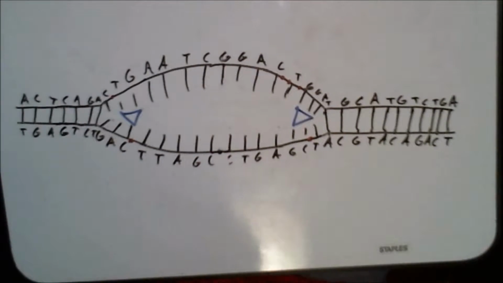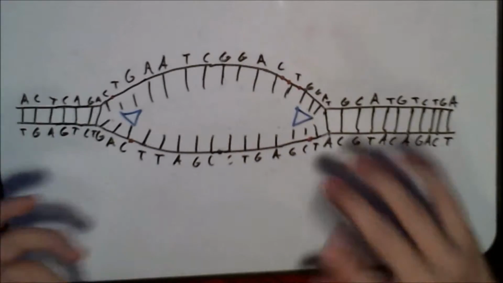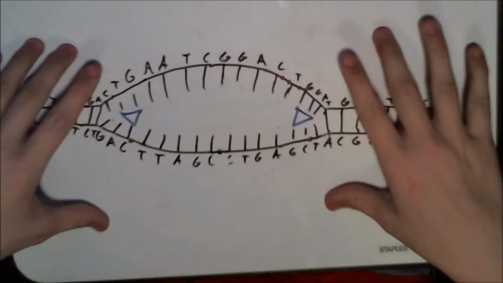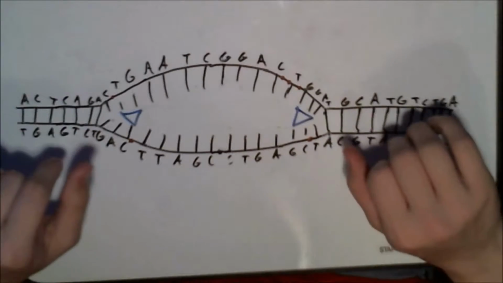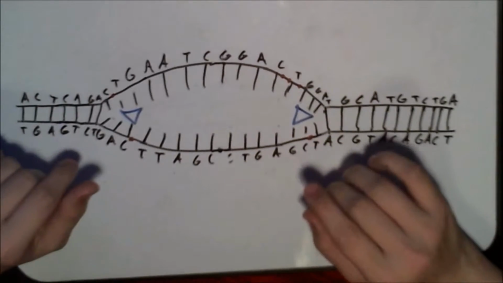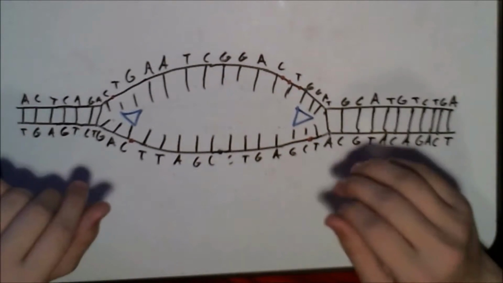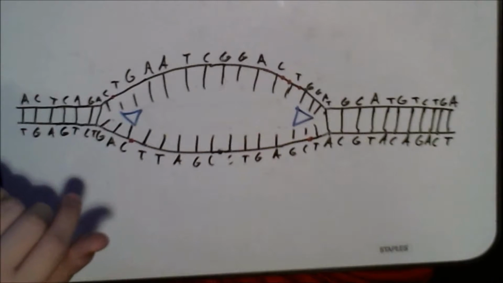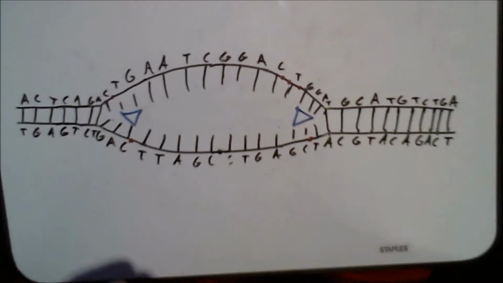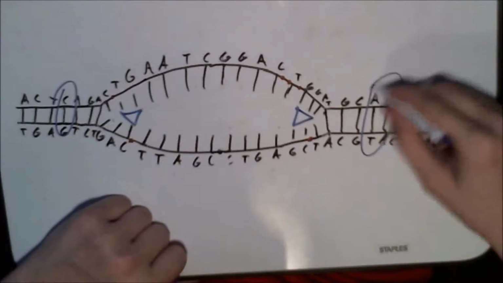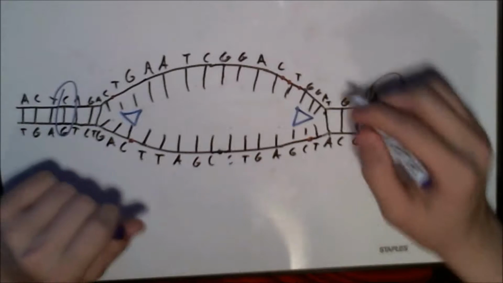And one more challenge we have to overcome is that our DNA is twisted. It's a double helix. And we need it to not be a double helix, because as these go through and break all these hydrogen bonds, that DNA is actually going to twist and knot. It's going to be even harder and probably impossible to break through. So we have one final mechanism set in place to keep our DNA from raveling up like that. And they actually fall up ahead of the helicases, and these are what's known as